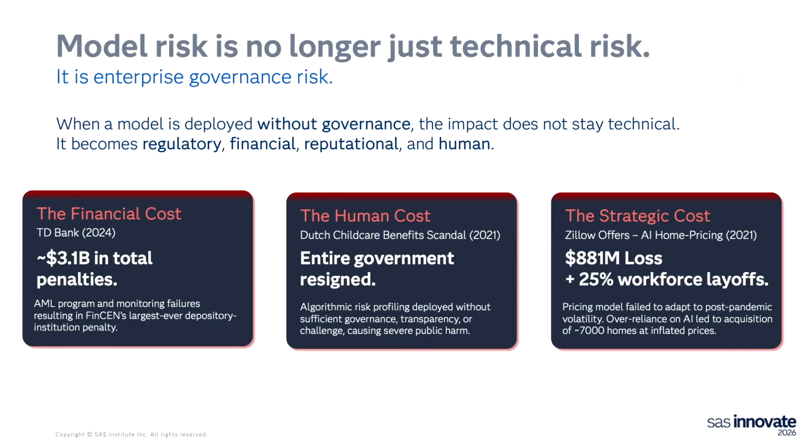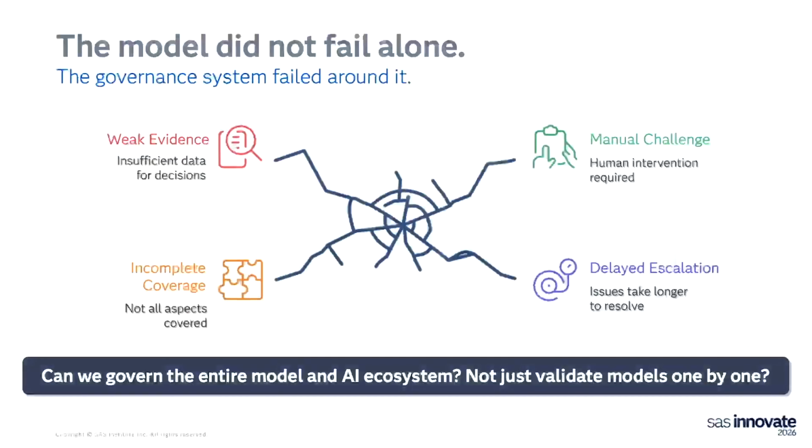As a result of that, Zillow used this model for over 7,000 transactions, and they ended up spending almost 100 million more than they should have because of the price inflation. This was a huge loss for Zillow, which also ended up with 25% of the workforce being laid off as a result of these losses. So consequences usually go beyond just the pure technical risk associated with risk management.